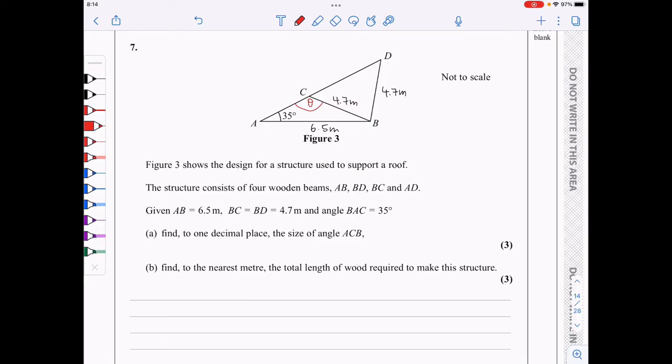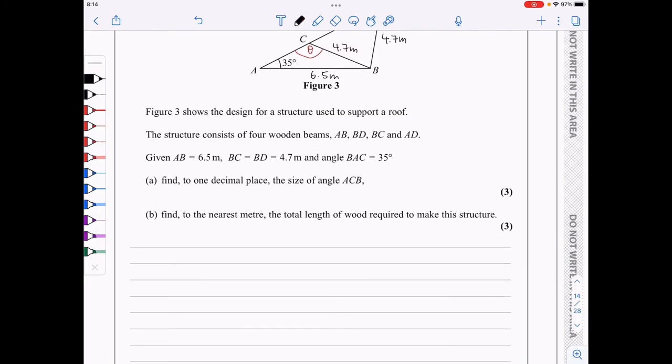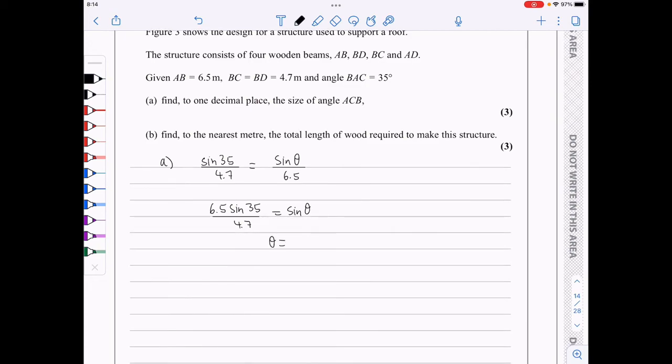Now I'll be using the sine rule here, and I will simply say that sine of 35 over 4.7 is equal to sine of theta over 6.5. So 6.5 sine of 35 over 4.7 is equal to sine of theta, which means that theta turns out to be 52.4897. Now we need to be careful here because